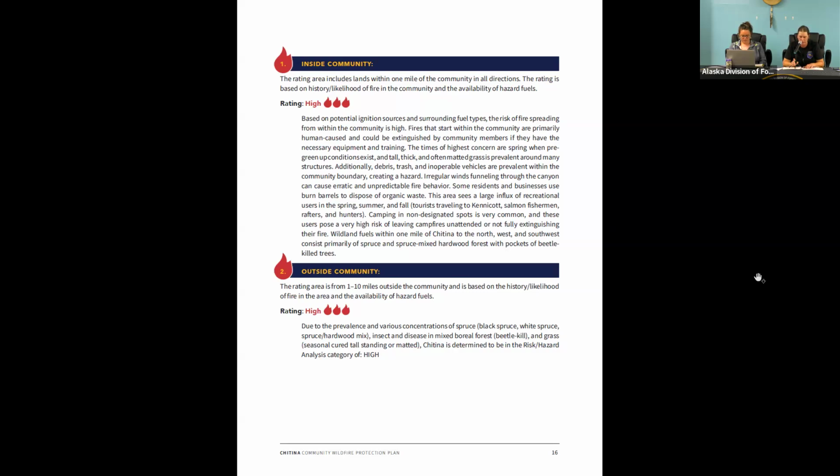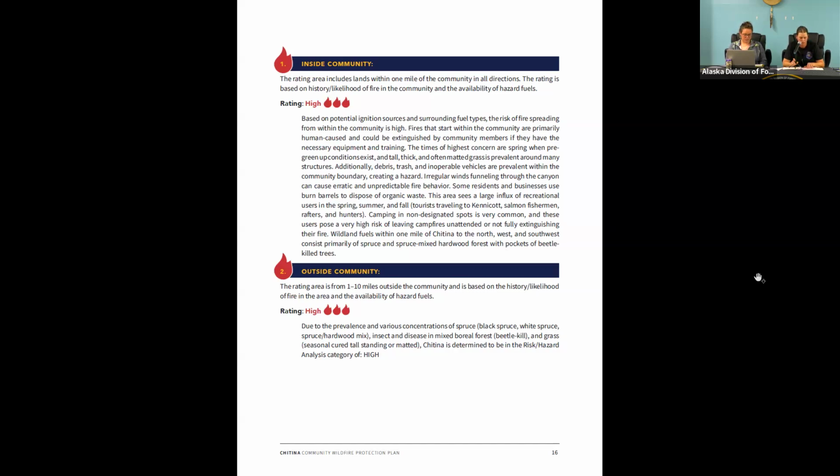And then another concern, in addition to the fuels, is what are potential causes for a fire. Within the community, the main concern is human-caused fires. Some things that could cause human-caused fires are unsafe use of burn barrels, unsafe debris burning, in addition to a large influx of recreational users that come to the Chitina area for fishing and other recreational activities.